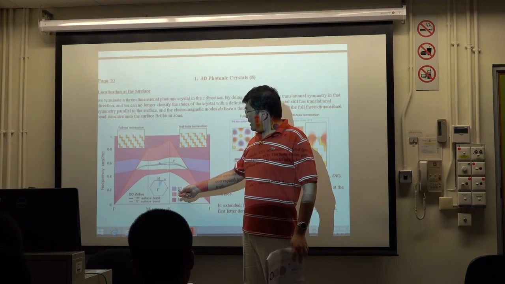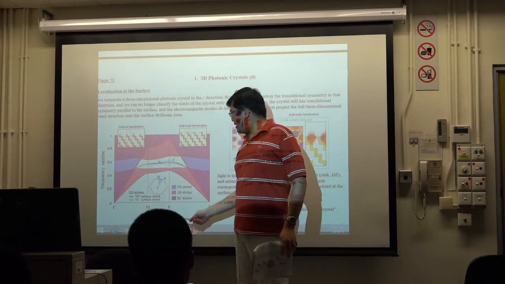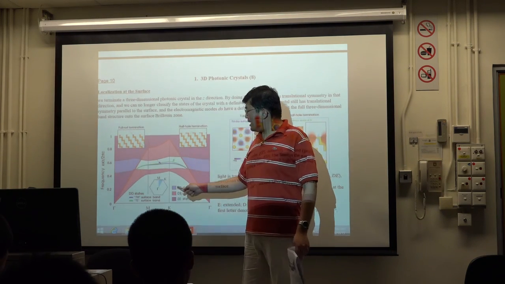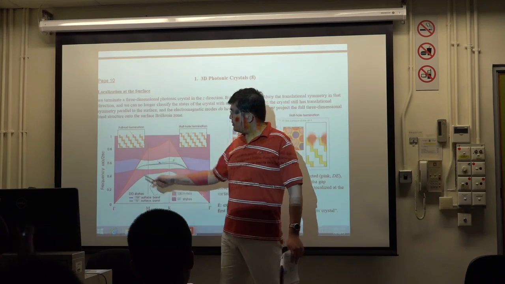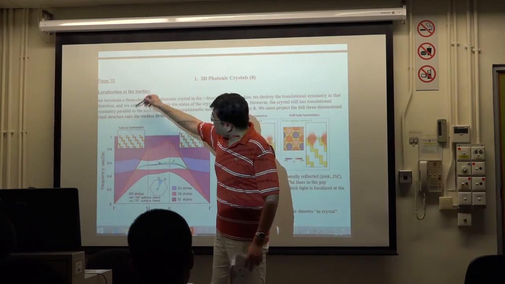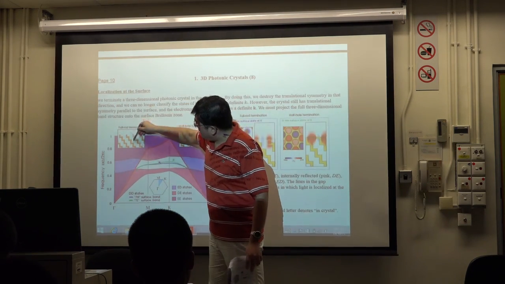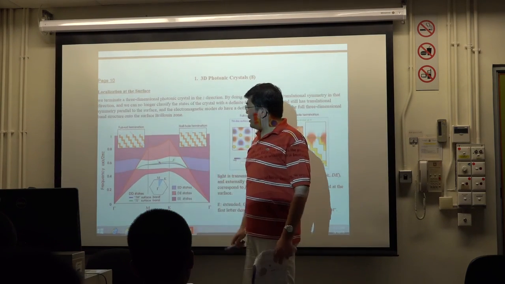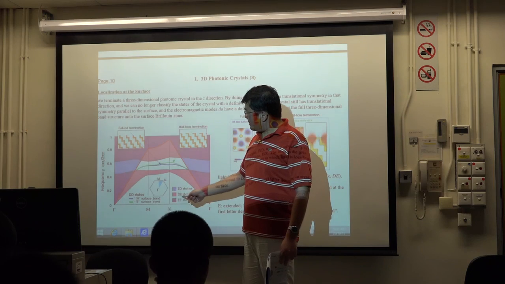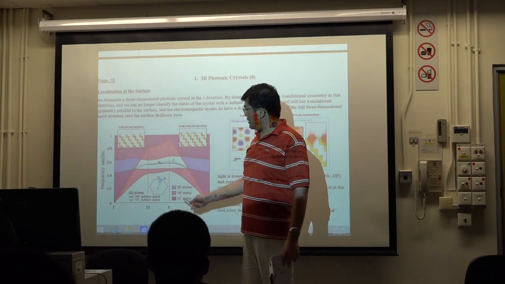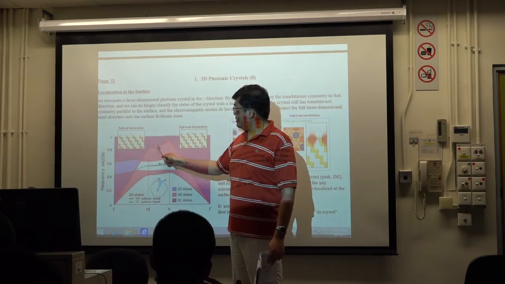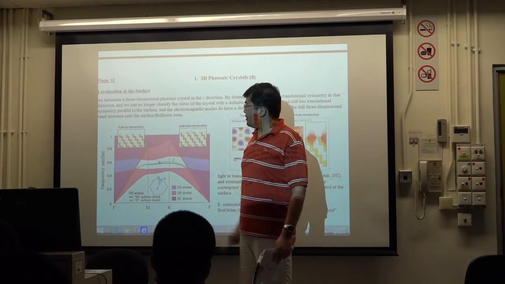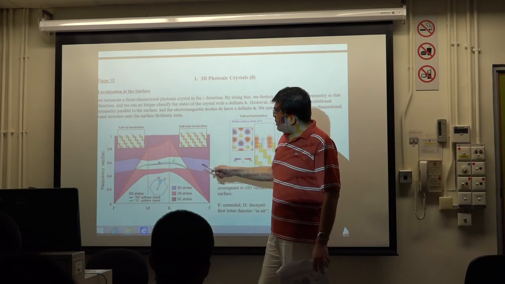E means extended. Extended in air and decaying in the photonic crystal. This is a photonic band gap. Extended in air, decaying in the photonic crystal. I mean the wave will be reflected back to the air, but decaying in the photonic crystal is the band gap. DE means decaying in air, extending in the crystal. This is a guided mode. And the EE means both are extended in the air and the photonic crystal. It's allowed back. So the surface state